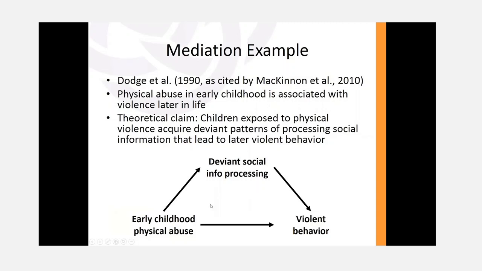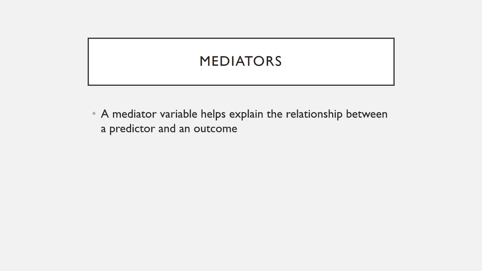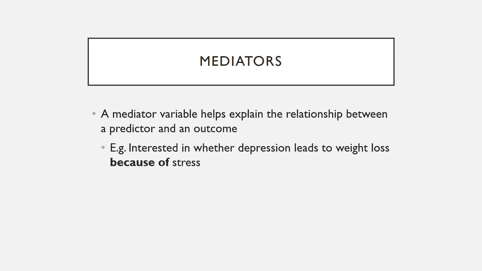This is a graphic that indicates that you're conceptualizing that variable at the top of the triangle as the explanatory go-between or mechanism that helps get you from the first variable to the outcome. Okay, again, the mediator is meant to be a variable that helps explain a relationship between a predictor and an